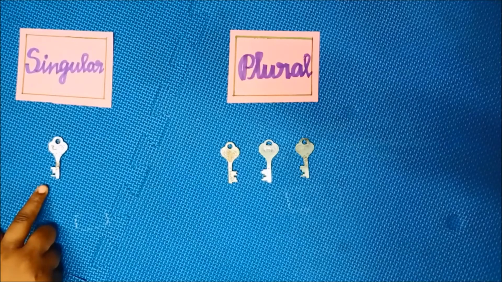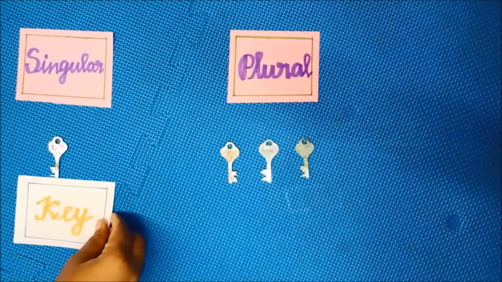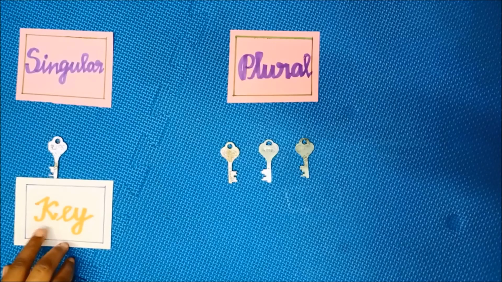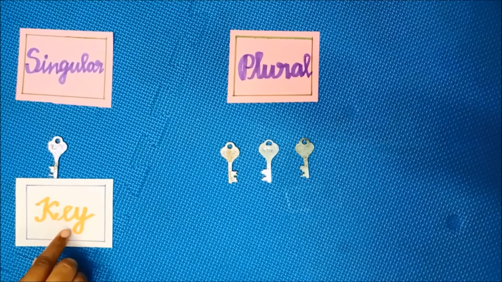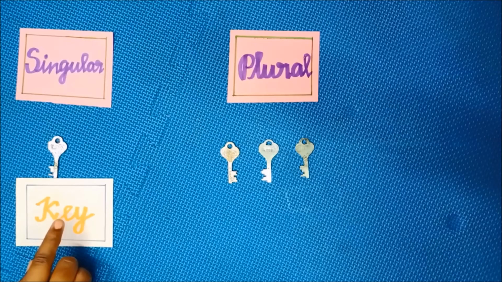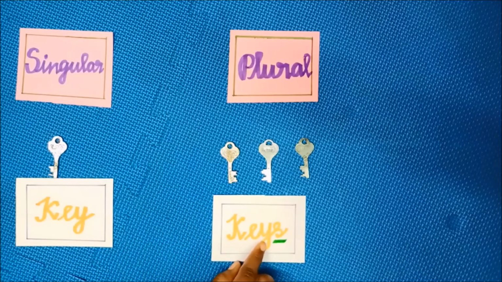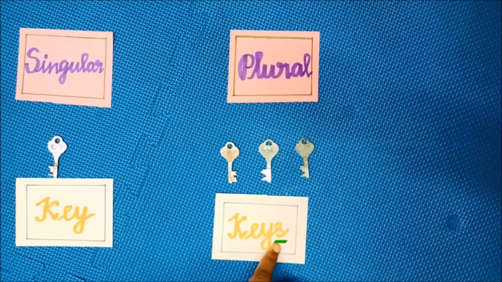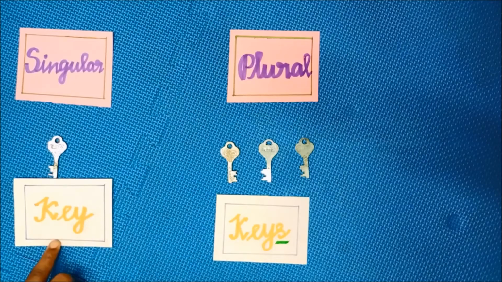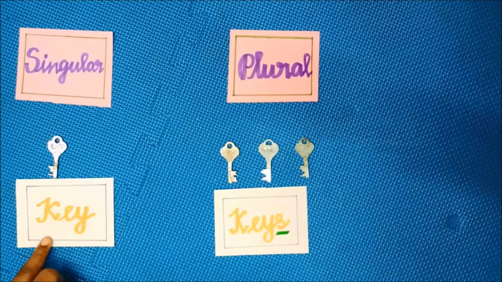Look at the thing, what is it? It is a key. See the spelling for key? K-E-Y, key. Key ends with Y, and also you have to look at the letter before it. If the letter before Y is a vowel, A-E-I-O-U, what do you have to do? Yes, very good. You have to add S, because before Y, a vowel letter is present. So you have to simply add S, not I-E-S. Key, keys. The plural form of key is keys.